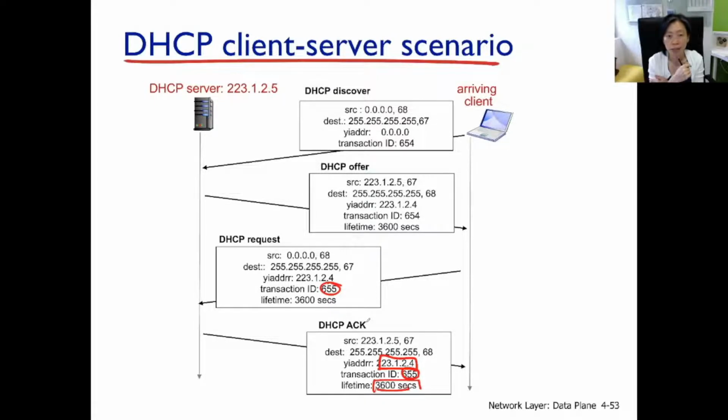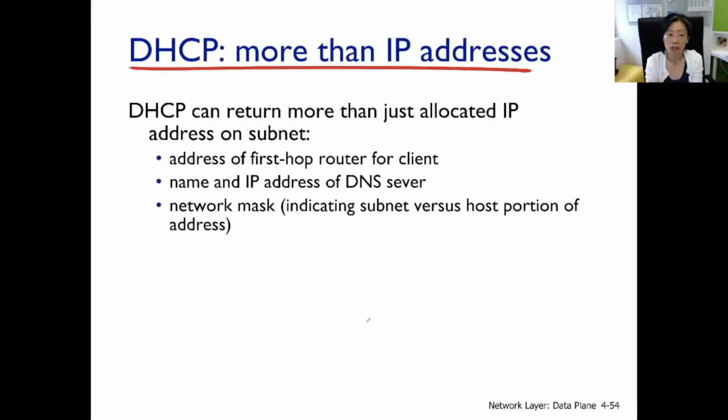So this is the exchange of the four-way messages in DHCP service. Now, in the exchange, the DHCP server actually says more, not just the IP address, but a whole bunch of other things that are very critical for setting up the subnet on the hosts. So first is who the first hop router is, because the host message is going out onto the subnet. The default next hop is always the first hop router, because the first hop router then, after picking up,